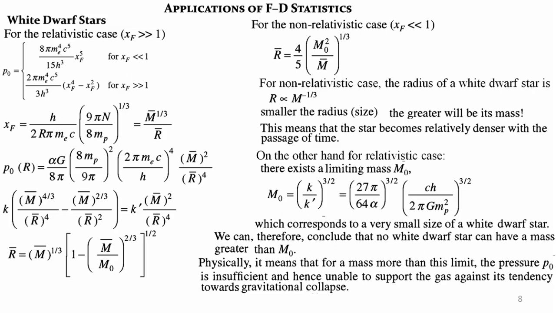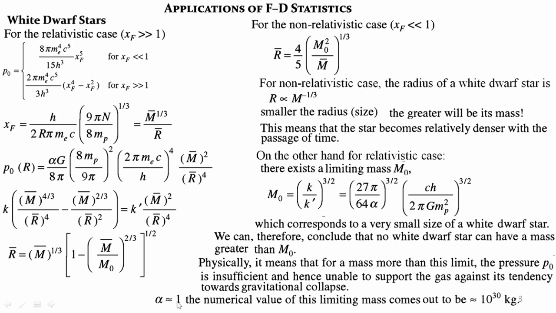So if the mass of the star is greater than m naught, it would lead to the gravitational collapse of the star. And in this expression, if we take alpha to be approximately close to 1, then we will find out that